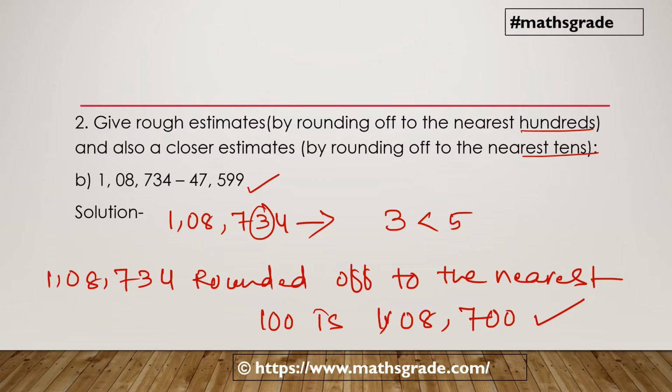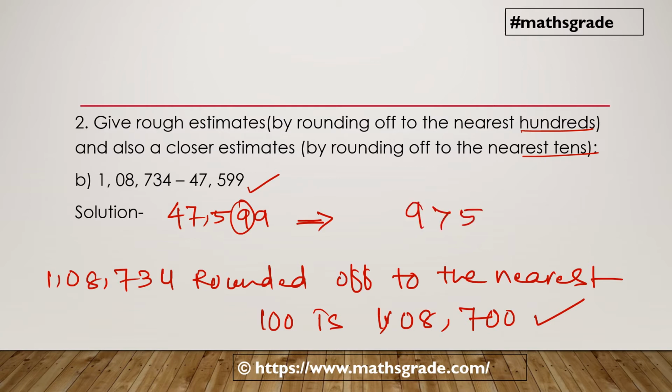1,08,700. Now we round off these numbers. 47,599: in 47,599, the tens place digit is 9, and 9 is more than 5. So just add 1 to the hundreds place digit, that is 5 plus 1 is 6, and just write down